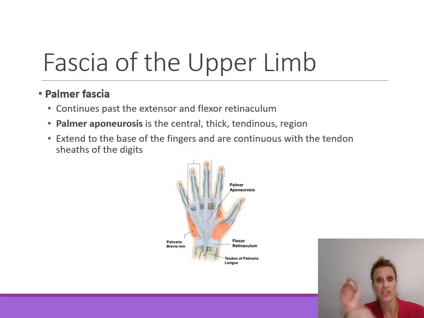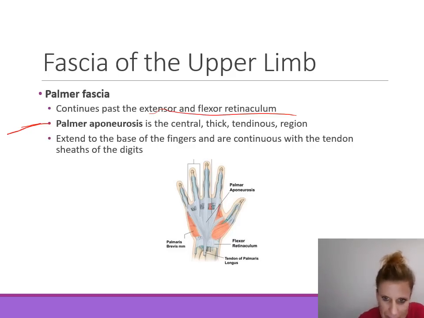The palmar fascia is the continuation of the antebrachial fascia past the extensor retinaculum and the flexor retinaculum. Past the retinaculum, the fascia continues for the hand and then eventually into the digits or the tendinous sheaths of the digits. The palmar aponeurosis is the central thick tendinous region. You can see here extending past the flexor retinaculum,